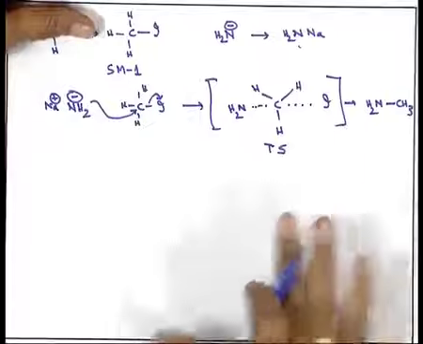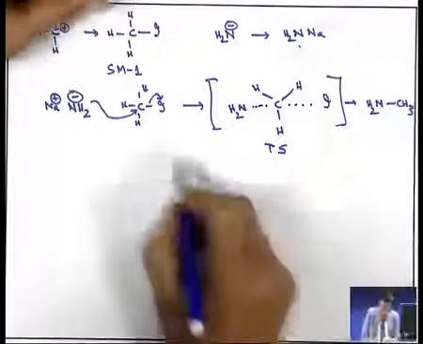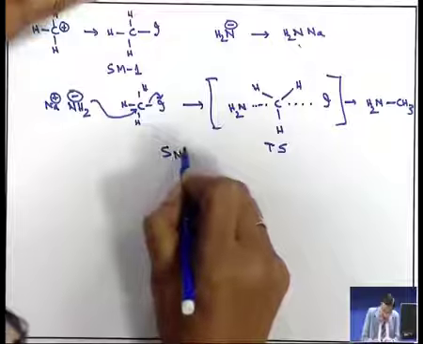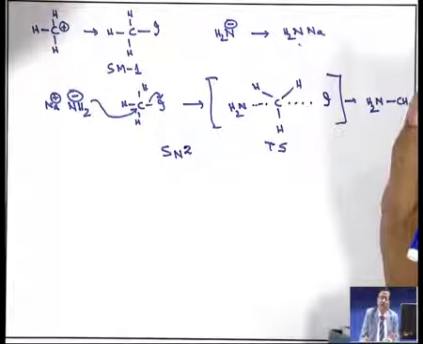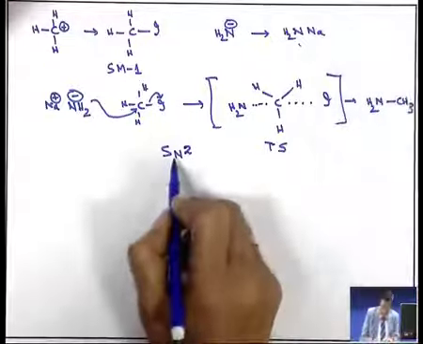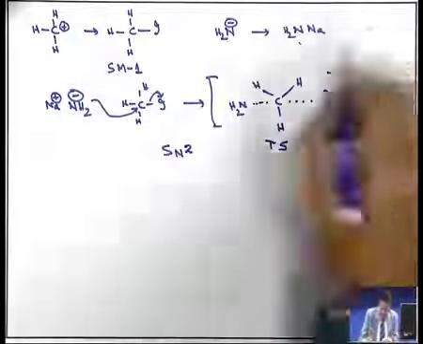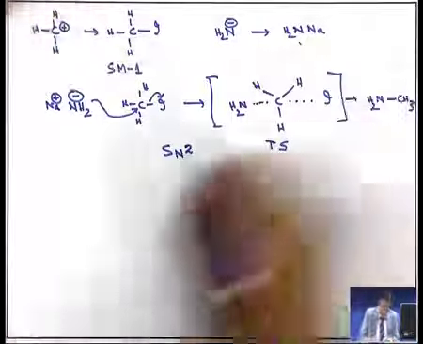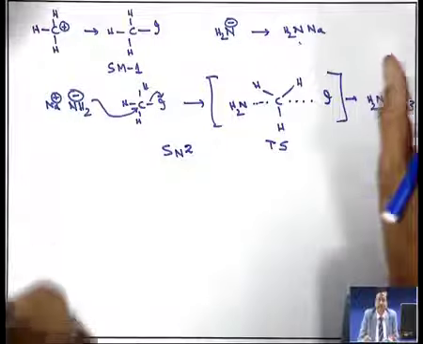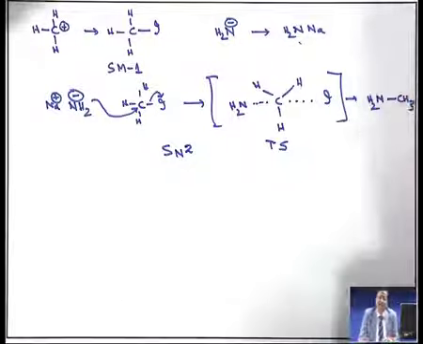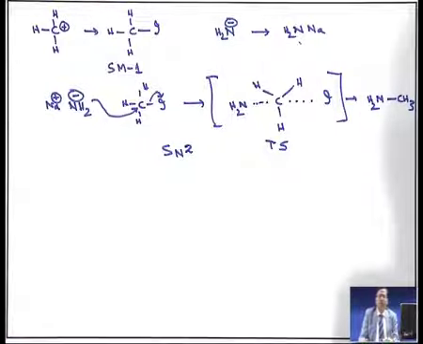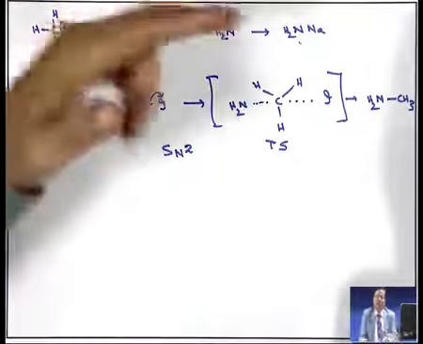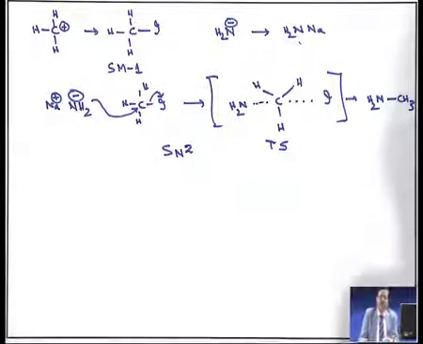So, this is called a substitution nucleophilic bimolecular or SN2 type reaction. So, what is SN2? S stands for substitution, N should be subscript but in capital, and 2 should be of the same size as S, not SN square. Some people say SN square, no, it is SN2. The full form is substitution nucleophilic bimolecular, because in this case the two molecules are sodamide and methyl iodide, and this is a substitution reaction.